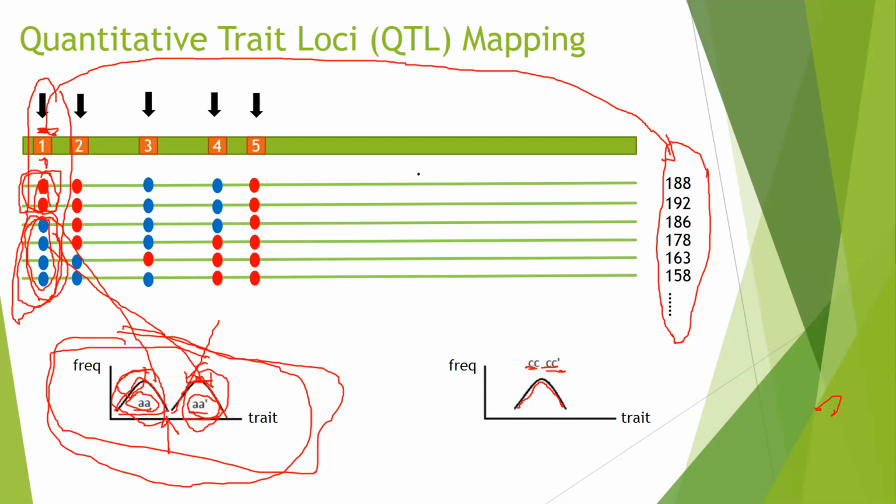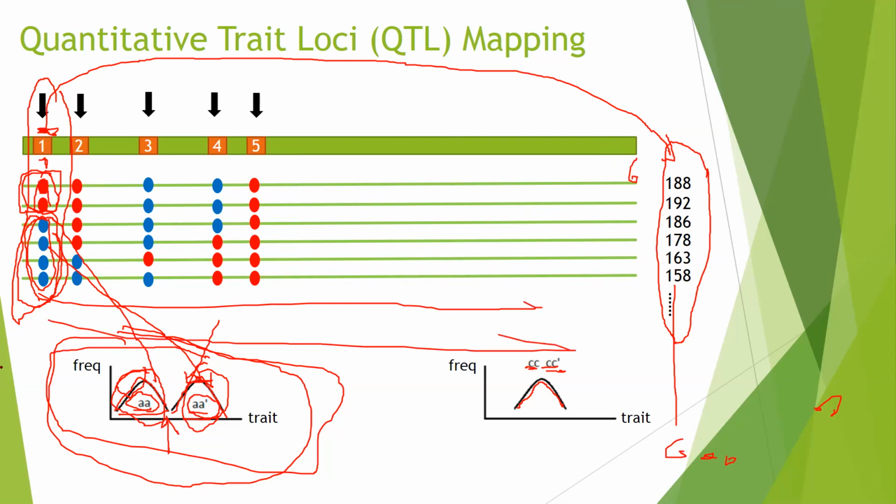I only give you six people. Suppose we have 600 people here, so you're going to have 600 genomes, and then 600 dots here. Probably the ratio of the red and the blue could be half and half, or 1 to 2, or 2 to 3 or something like that. It doesn't matter. As long as your sample is big enough, you can still test if this marker can